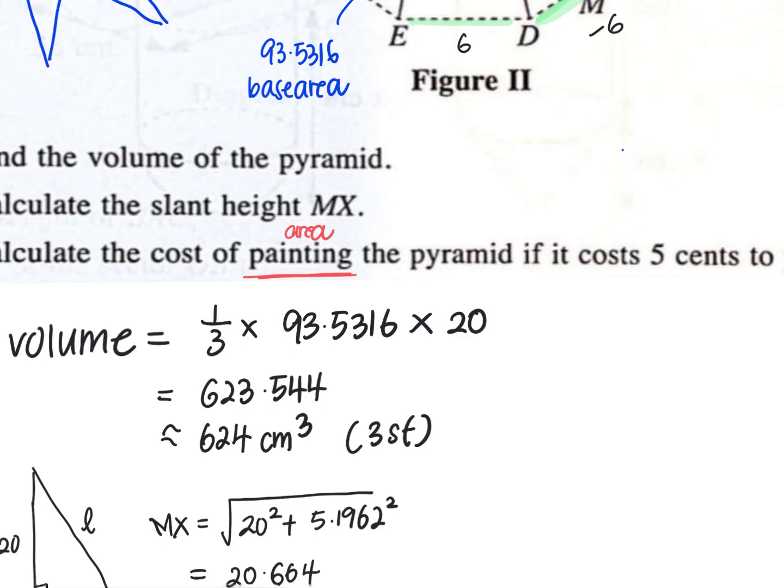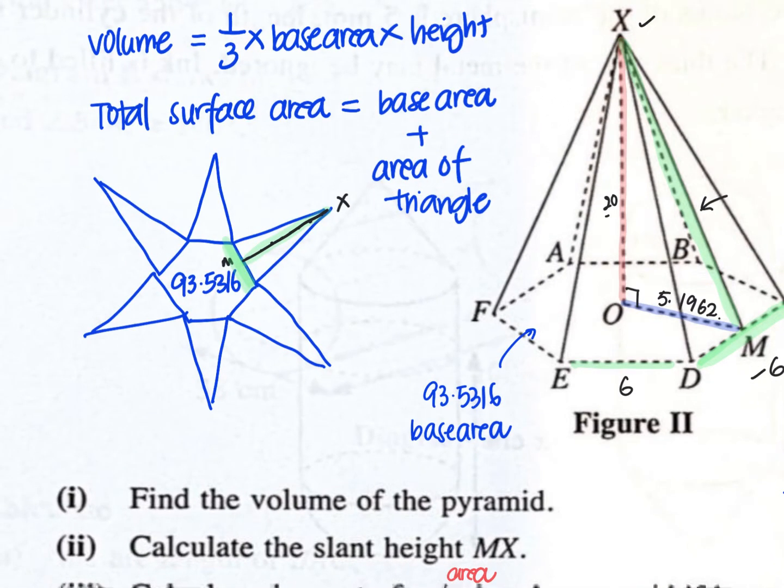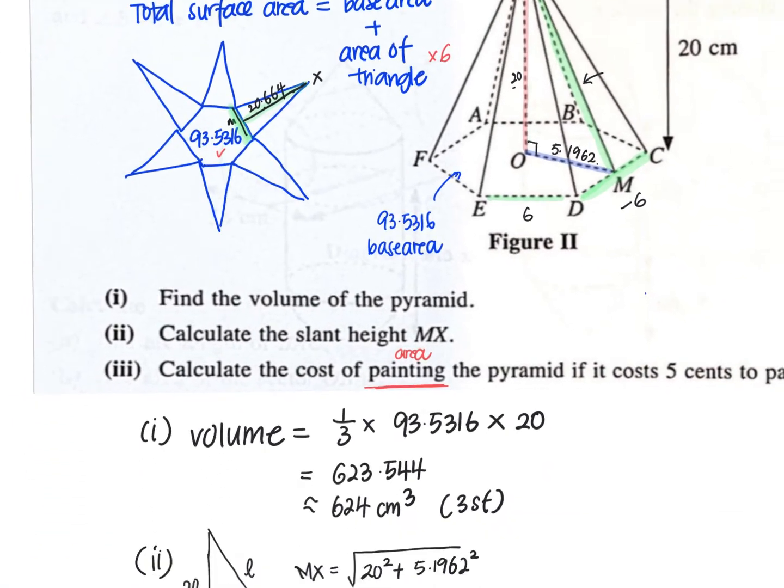How do we find the total surface area? We know that the total surface area is given by the base area, which we already have, plus the area of all the triangles. In this case, there are 6 triangles, so we need to multiply by 6 triangles. But what information have we found? We found the slant height to be 20.664. So now I know the slant height is 20.664, and the base over here is 6 cm. So we can find the area of one triangle